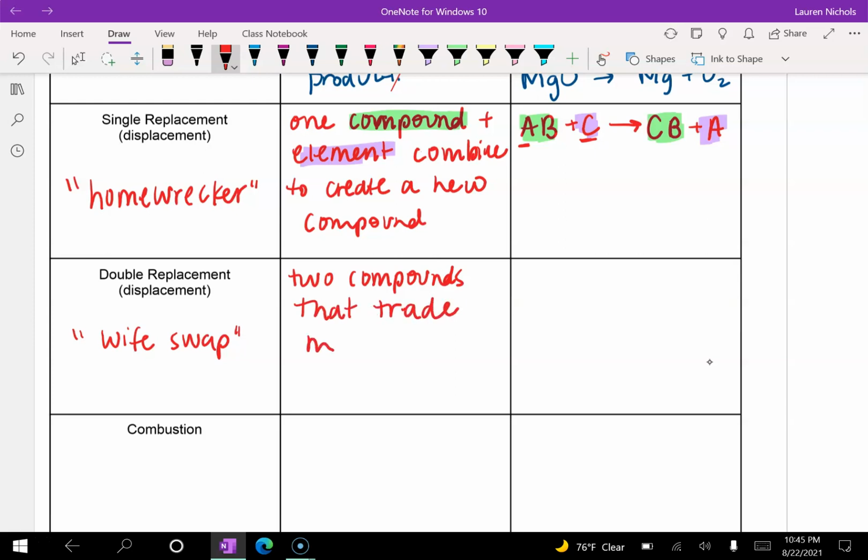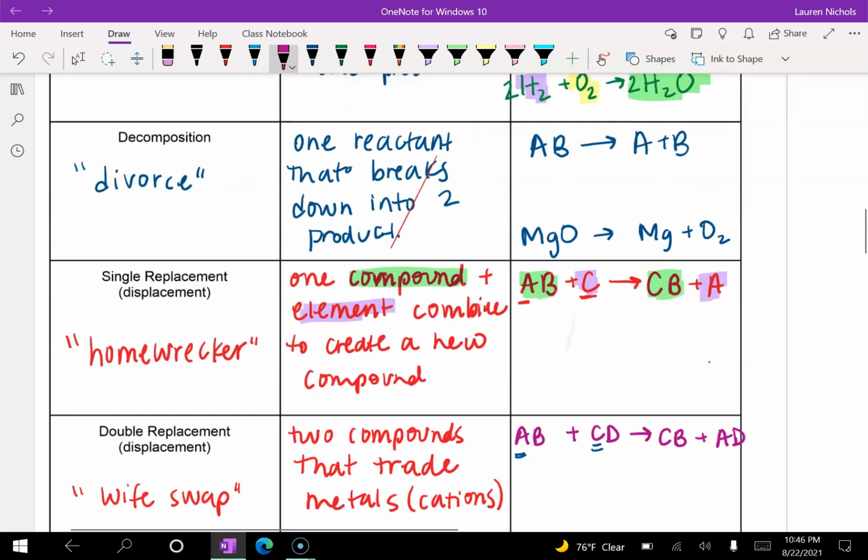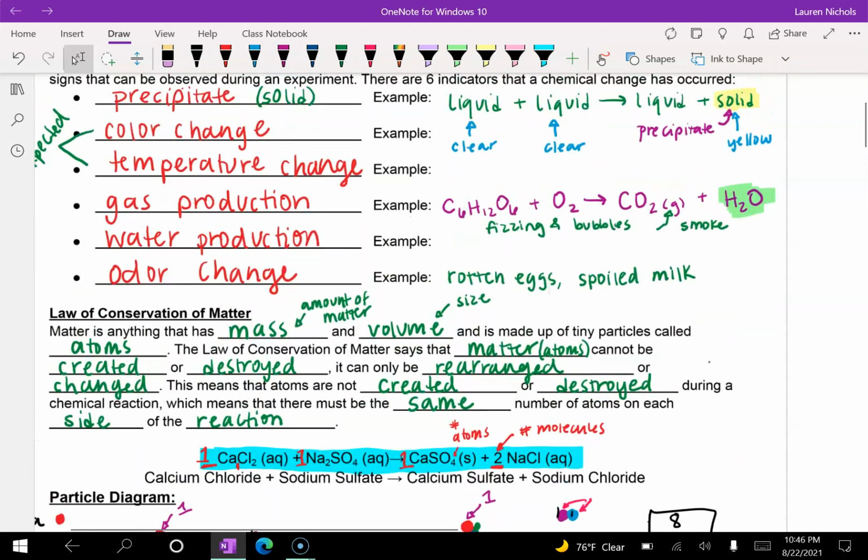Okay, you're going to have two compounds that trade metals, or we're going to learn later that they're also called cations. So for example, if you have chemicals AB plus CD, what happens is that A and C trade places. And so now you're stuck with CB plus AD. Okay, so an example of this would be the experiment